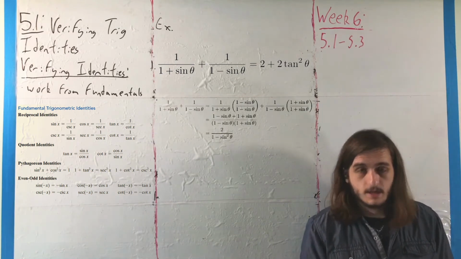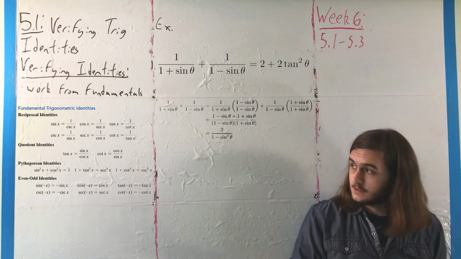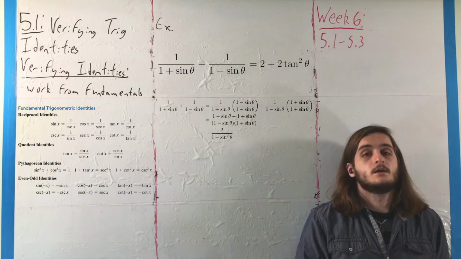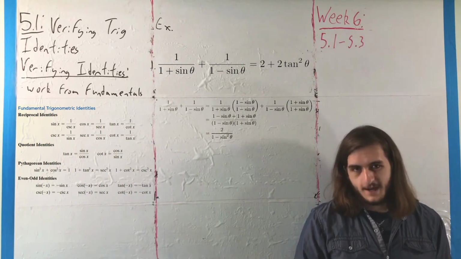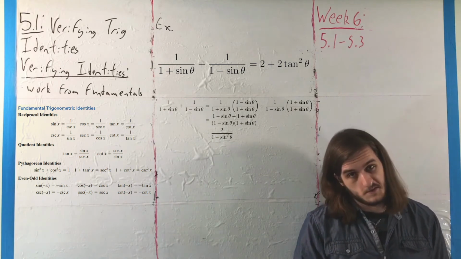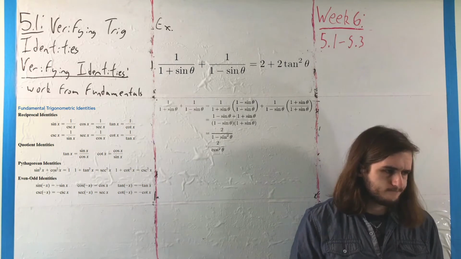The nice thing about 1 minus sine squared is it's a non-obvious but present way of writing the Pythagorean identity yet again. It's a very important one to know. So we end up with 2 over cosine squared,